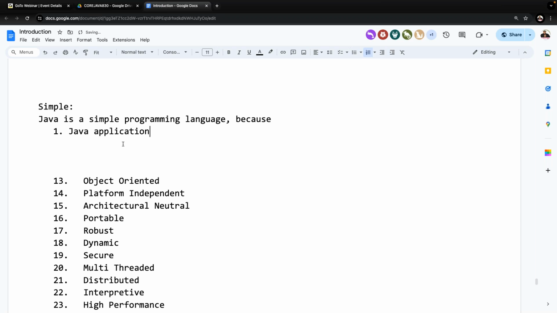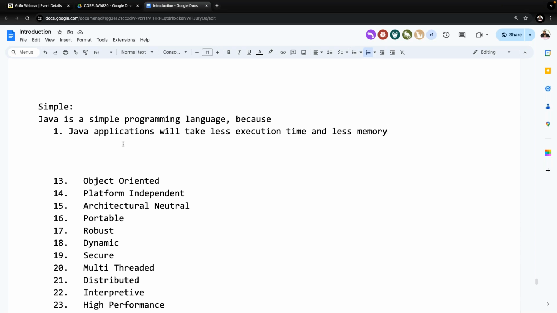Java applications will take less execution time and less memory when compared with C, C++. By the time, Java applications will take less execution time and less memory when compared with other programming languages. So Java is a simple programming language.